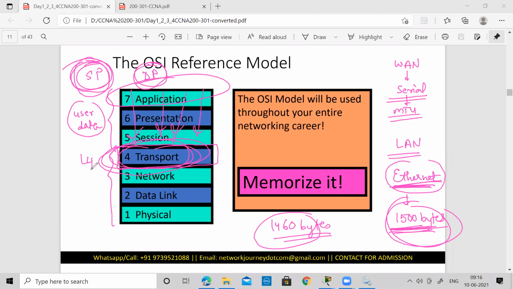Again, all these things are implemented with the help of your operating system, logic, software. There is no dedicated separate hardware, separate device, which we say is working with the transport layer. So these first four layers are completely logic. When I say logic, it means there is some piece of code which is supporting all these functionalities in your